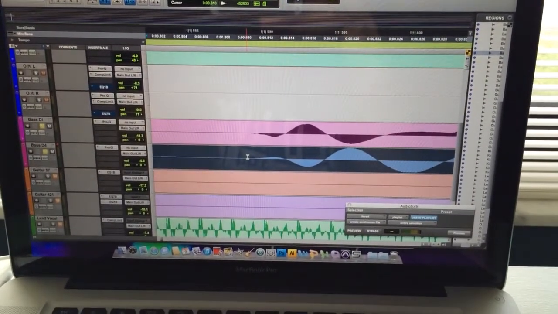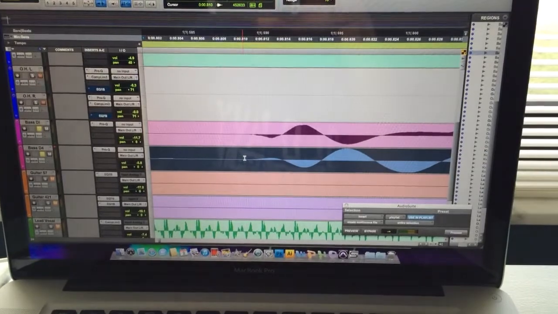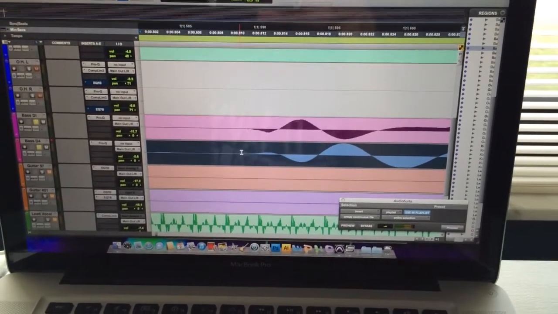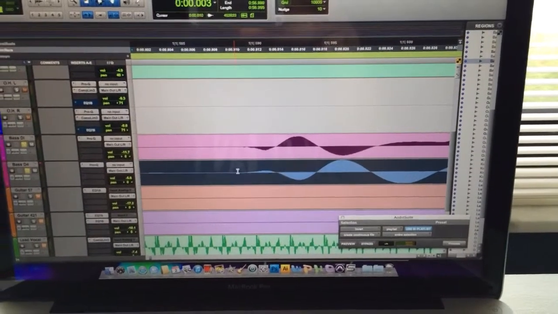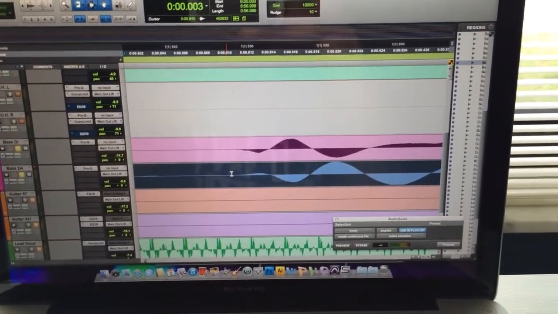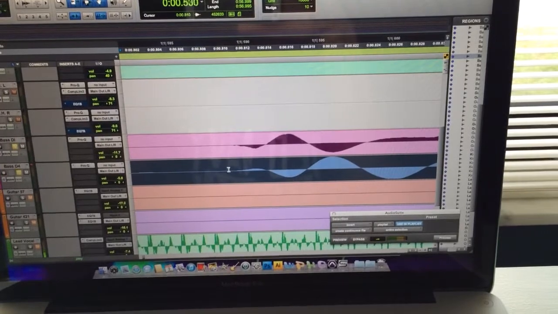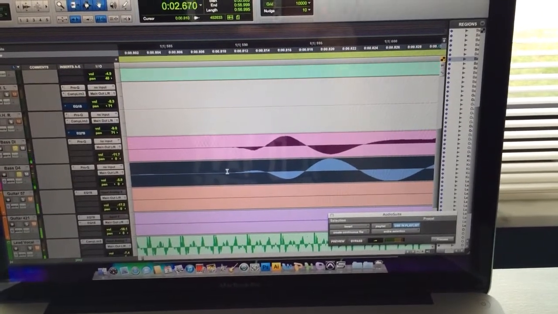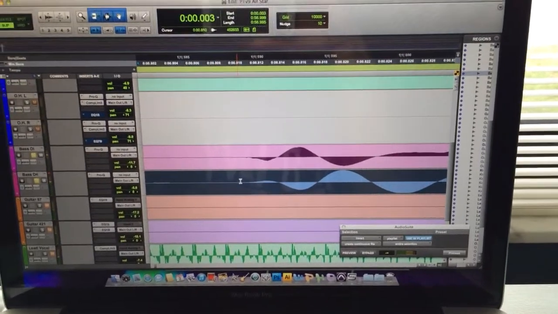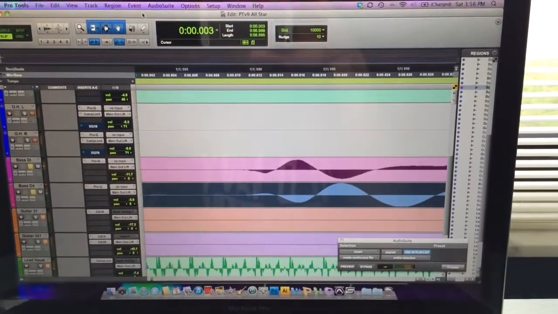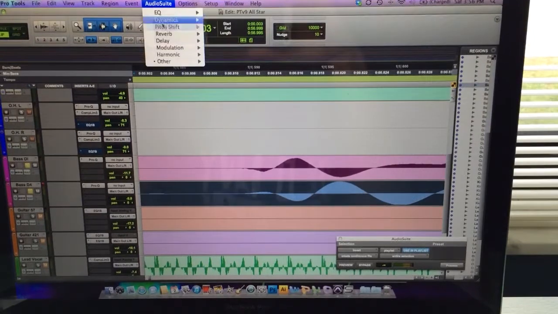So on this tip, I'm going to show you how to invert the signal to get it back. Right now the waveforms are theoretically canceling each other out. If I play it, it's still going to sound good, but you're going to hear just the bass. It doesn't sound bad, but if I go up to here, my audio suite plugin,